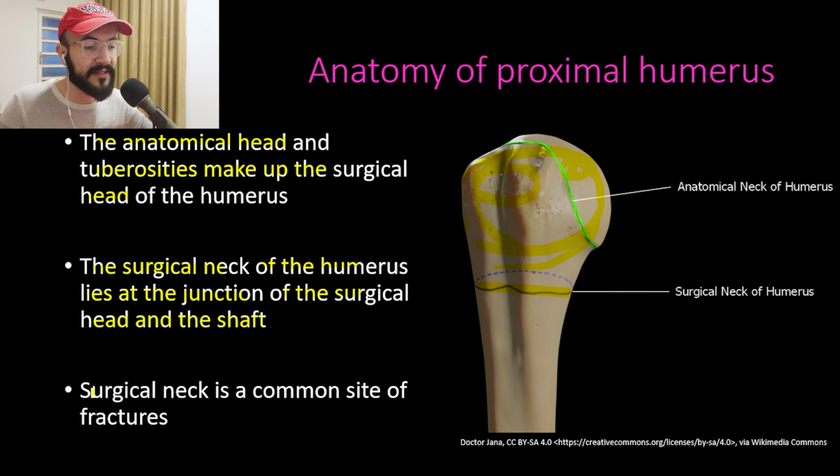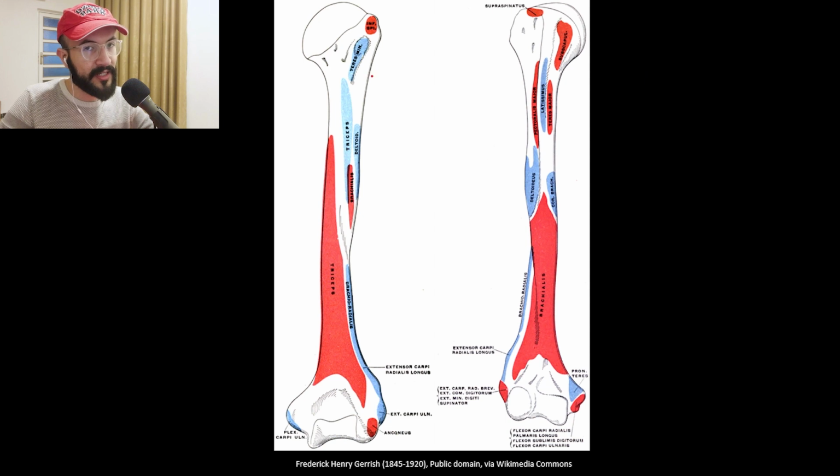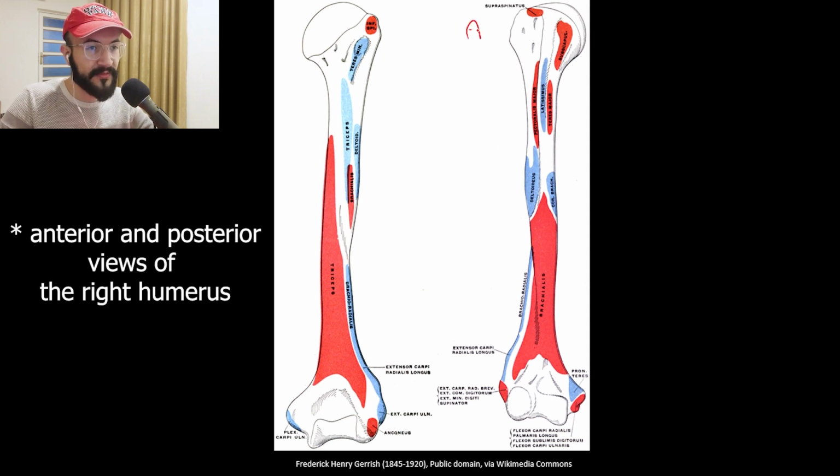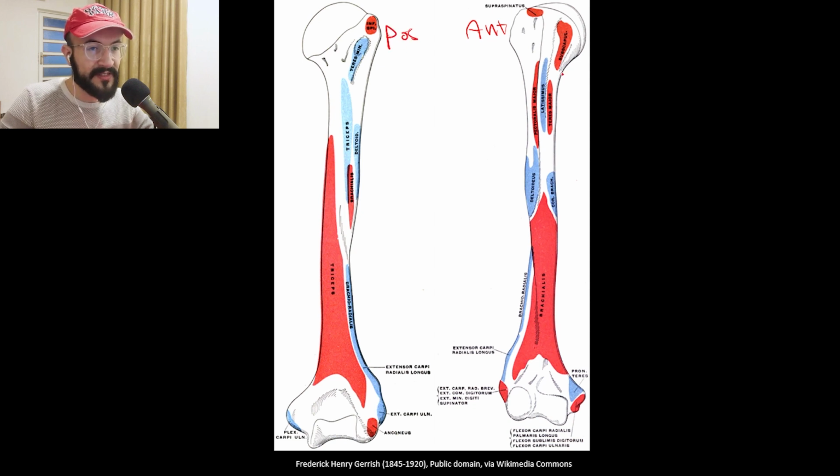And the surgical neck is a common site of fractures. Now here we have pictures for the areas of muscle attachment to the humerus. So the right picture is for the anterior view and the left picture is for the posterior view of the humerus. So we have the subscapularis attaching to the lesser tuberosity on the anterior view, and we have the supraspinatus,